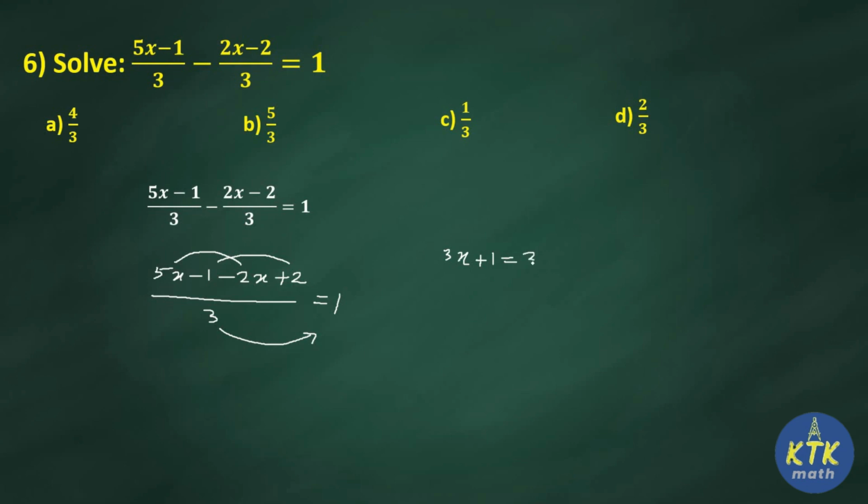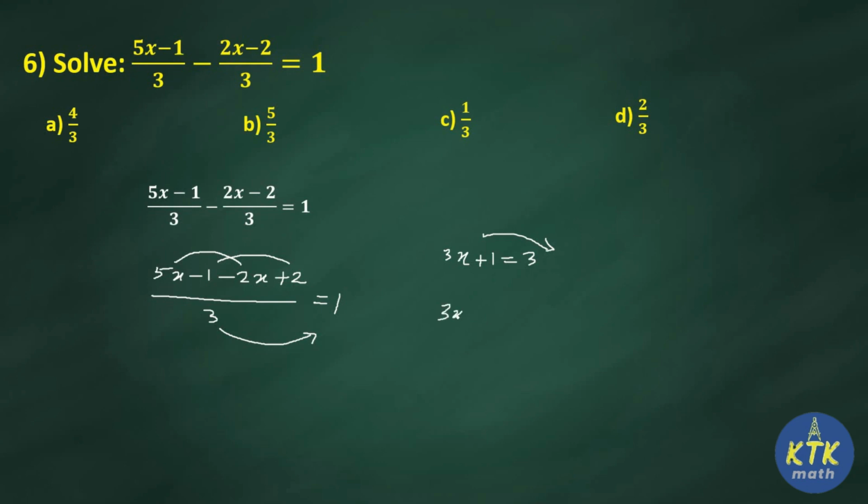So this big term I am solving into a simple one. Try to understand here, I am solving like terms. 5x minus 2x is 3x, minus 1 plus 2 is 1. This 3 is in terms of divide. When it transforms to the right side, it will become multiply. So 3 ones are 3. Don't ask me where that 1 goes. I multiply directly. Now as usual, you are going to move this 1 to the right side.